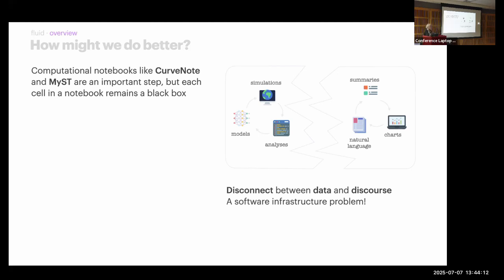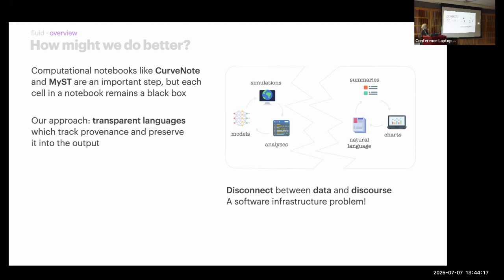So that's an important step, and I think it does start to address some of this disconnect. So what we're interested in this project is another kind of dimension, if you like, of this sort of transparency picture. So what we're interested in here is what we call transparent programming languages. So a transparent language